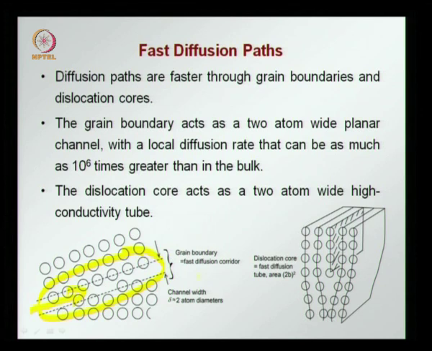So, diffusion occurs very fast to the grain boundary. Also in a dislocation core here you find that the diffusion will act fast. The dislocation core acts as a 2 atom wide high conductivity tube. So, through this, because of the higher energy, the diffusion can occur faster,